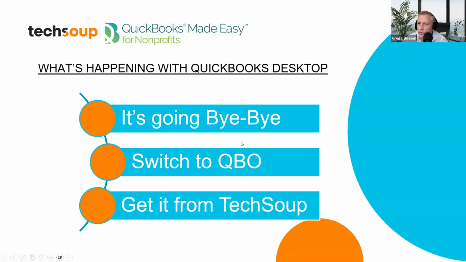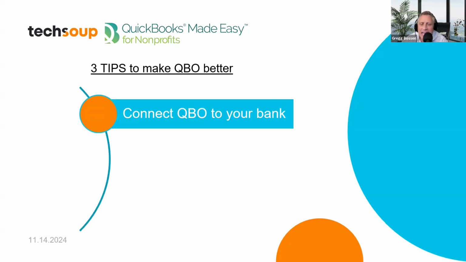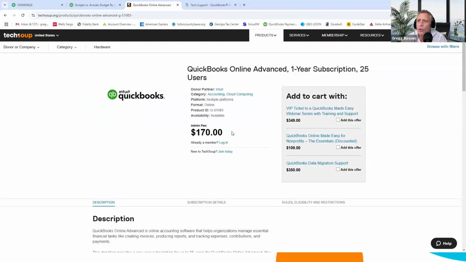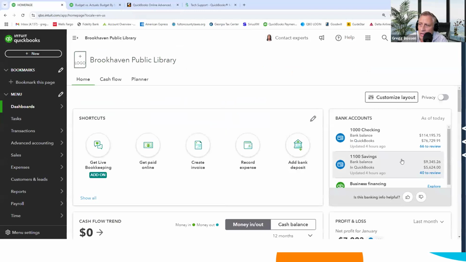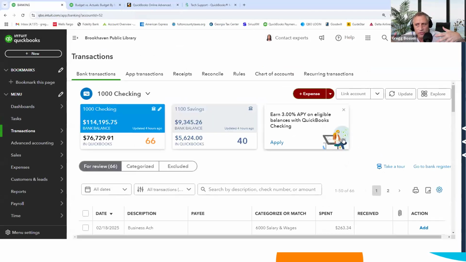Okay, cool. So QuickBooks Online, cloud-based software. I have 3 tips to make QuickBooks Online better for yourself. One is connect your bank to QuickBooks Online. You no longer have to enter each transaction individually. You can connect your bank, and every day QuickBooks downloads the transactions.